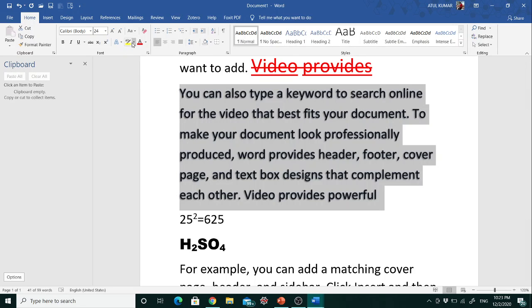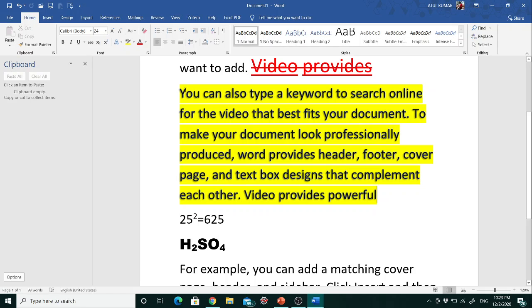If you want to highlight your text, then there is the text highlighter. If I want to highlight this text, you can do it with the help of this text highlighter. The text highlighter makes your text pop by highlighting it in a bright color. You can use different highlighting colors. If I choose this color and select this text, then it will highlight it in green. So these are different options available in your font group.